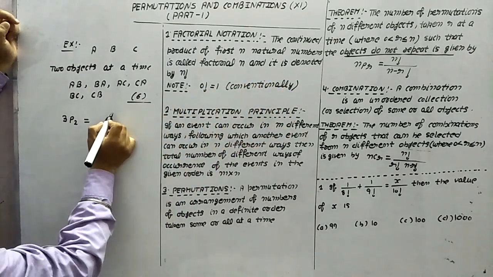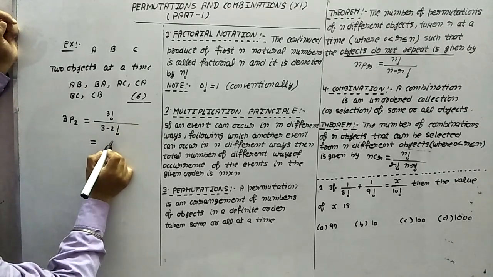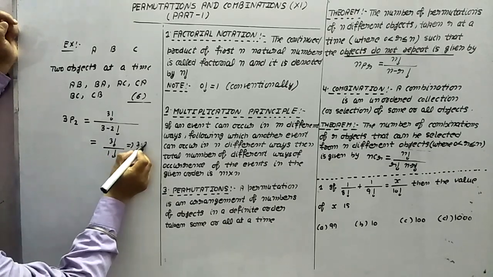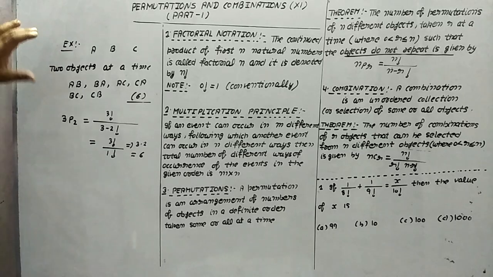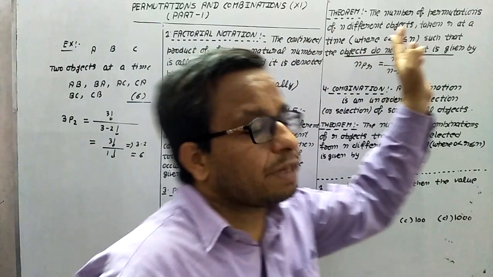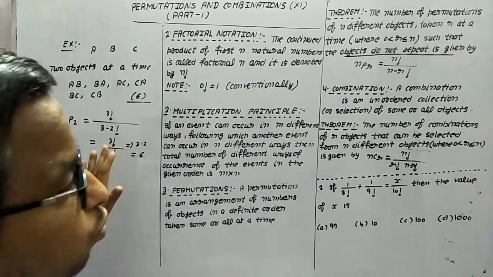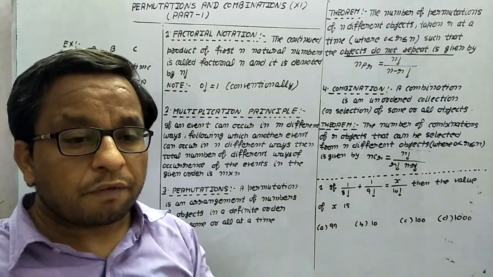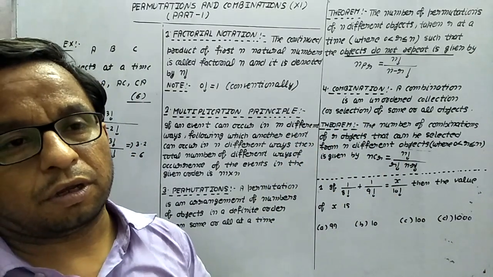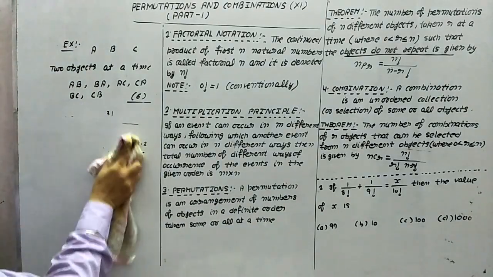So according to this rule, factorial 3 upon factorial (3 minus 2), it means factorial 3 upon factorial 1, 3 into 2, what is this? 6. And in the normal way, what was coming? 6 only. So this rule is developed. We can explain it easily this way, but this rule is very important and prompt when we have the calculation at a higher level. So this rule will work at that time.